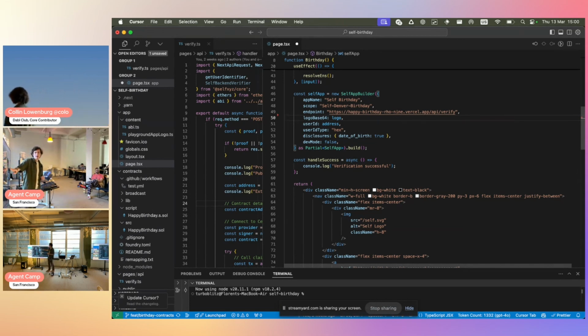So you're gonna just initialize your QR code with our SDK. And as a developer, you choose what you want the user to disclose. They're gonna see what they have to disclose. And so in this case, we just wanna know the birthday of the person. So we just want them to reveal their date of birth.